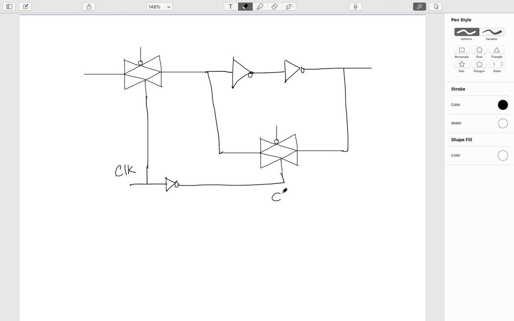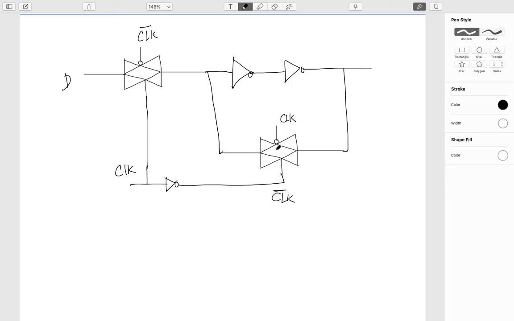So clock bar, as I mentioned. So whenever this is high, this should be closed and this should be open. So similarly, what I will have here is clock. So this is clock bar basically. So clock will be here, and again the clock bar will be coming here. Like if I'm applying clock here, the clock bar will come here, and if I apply the clock bar here,